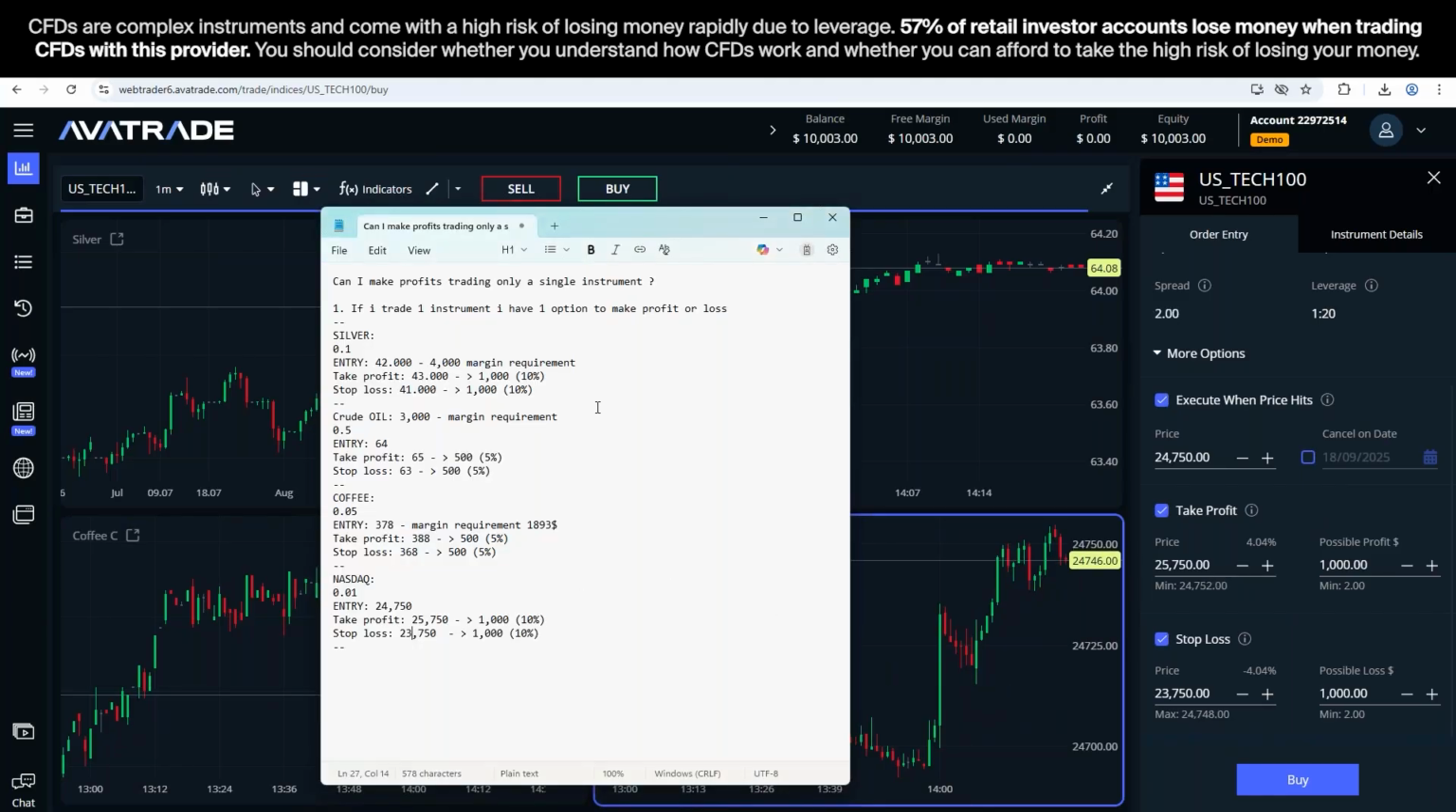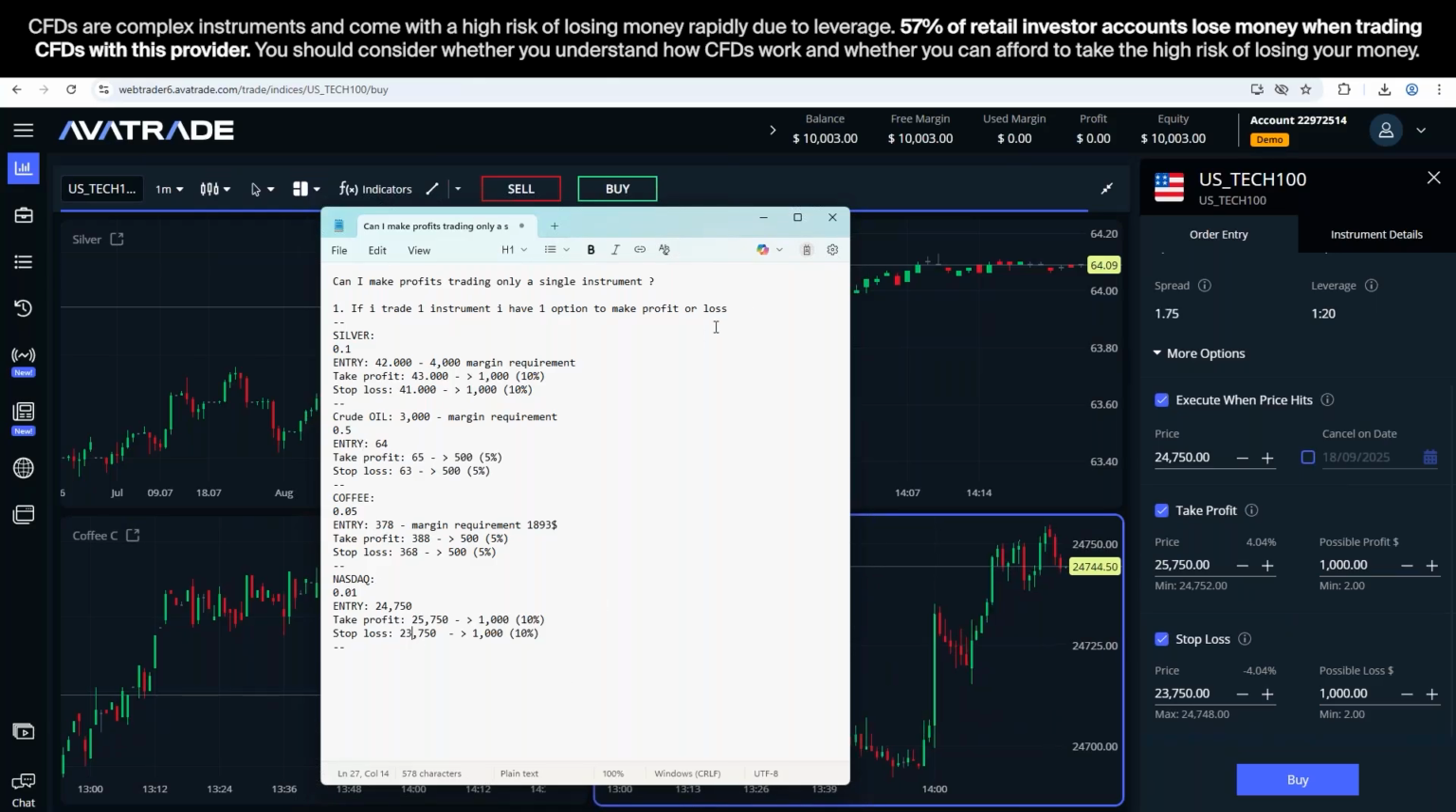Now, if I use this ratio, this structure here, we're looking at making or losing 10% with silver, same thing with NASDAQ, gaining or losing 10%. Coffee 5% and 5% with oil. This is again using the same ratio for all of them. What is the difference between trading all of this or maybe only NASDAQ or maybe only coffee or only oil